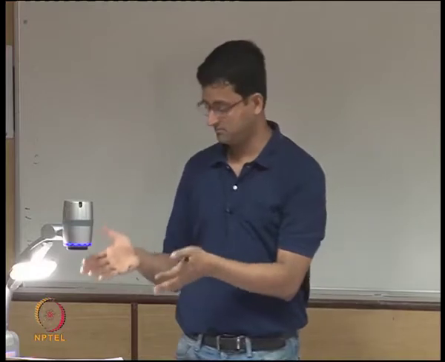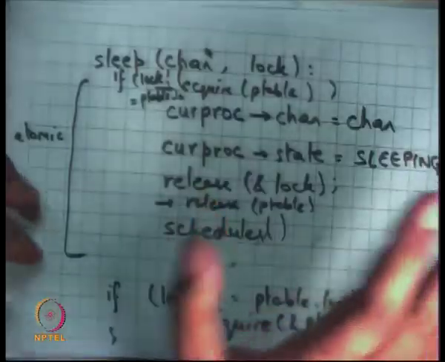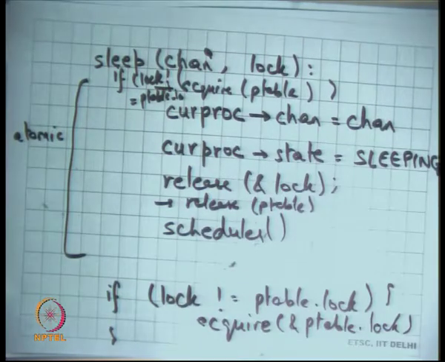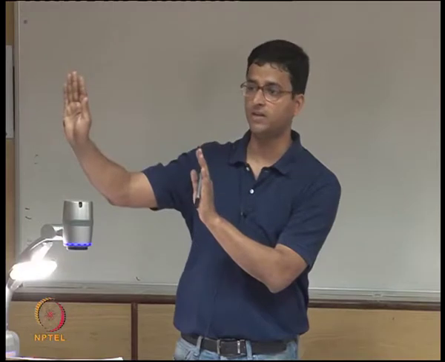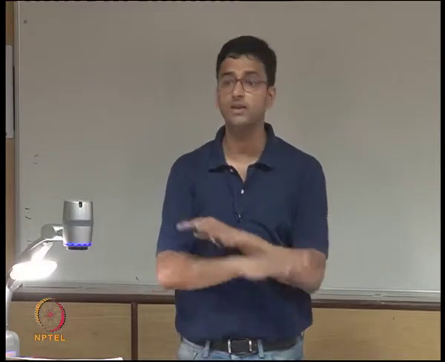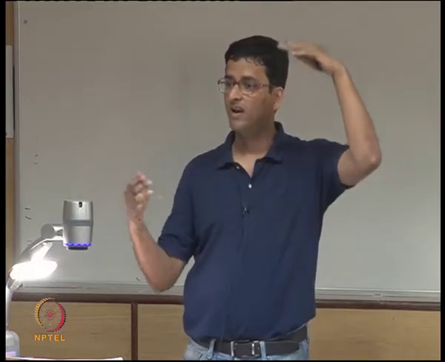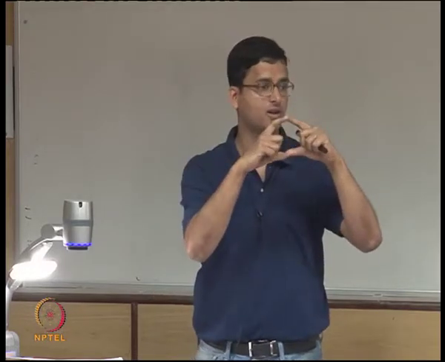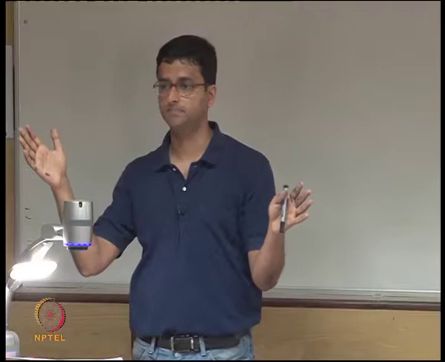So this is a real example of why locking kills modularity. You have to worry about these things. Okay. So the convention in the operating system is that p table lock will always be the lowest lock that will ever be taken. So the p table has the least priority in some sense, right? So it will always be the last lock that's ever taken. So if you make that assumption, then this code is correct, right? But that assumption has to be obeyed by all other parts of the code, that you will never acquire another lock after you hold the p table lock. So p table lock will always be the innermost lock, in other words, right? So you have to have this global invariant across your code basically. All right.